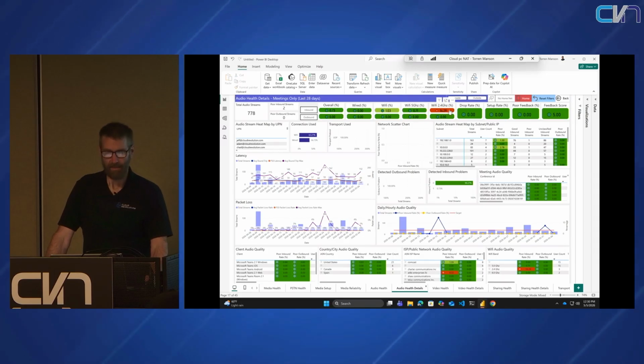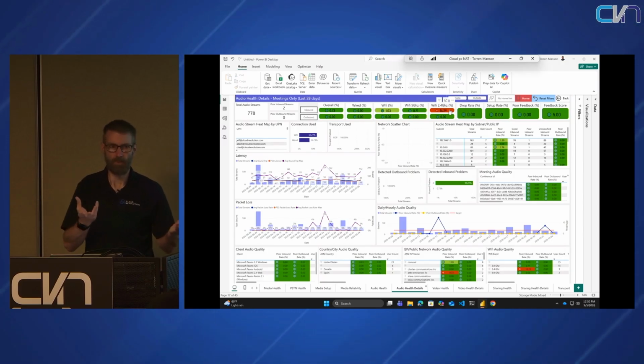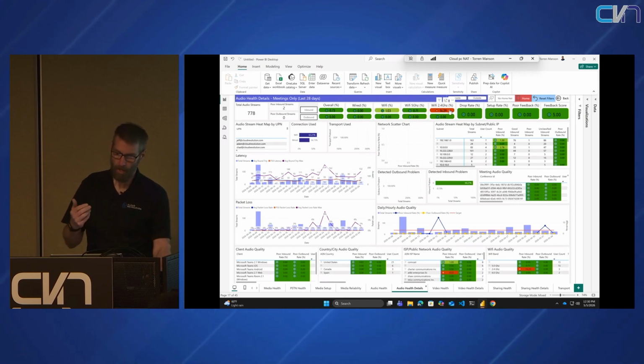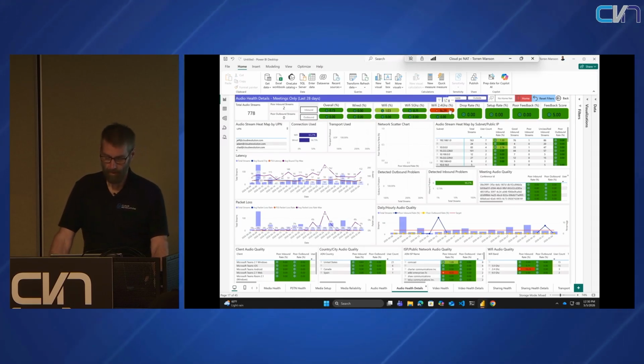So hunt down access points that might be in a bad spot. You might have a need for another access point to be deployed in the middle. You might have too many access points too close, overlapping their channels and battling each other. So you can click through, select, filter, have a look at what's going on